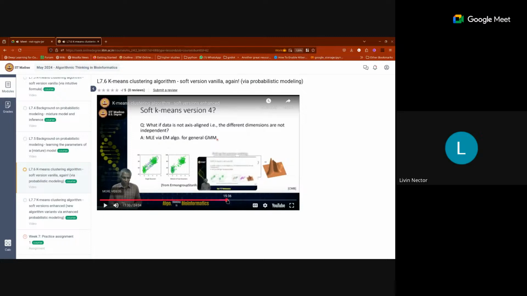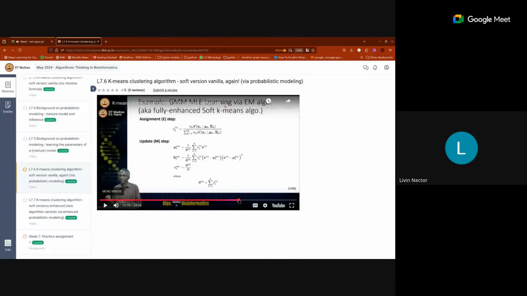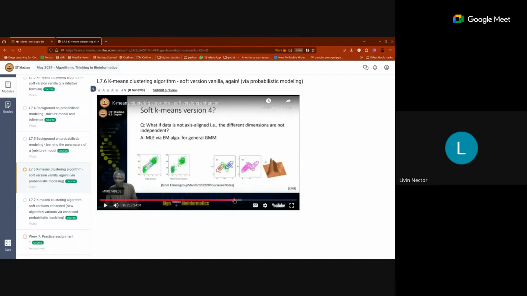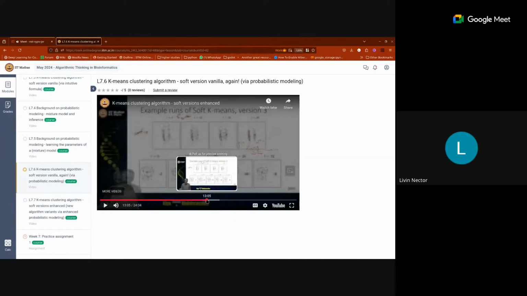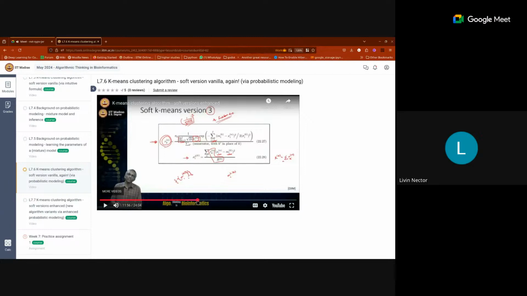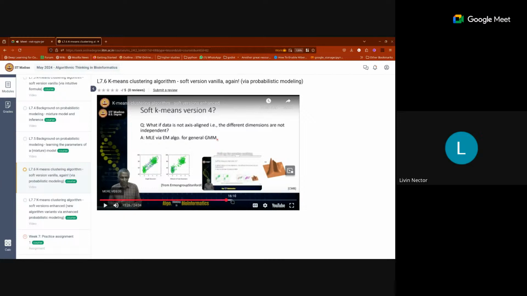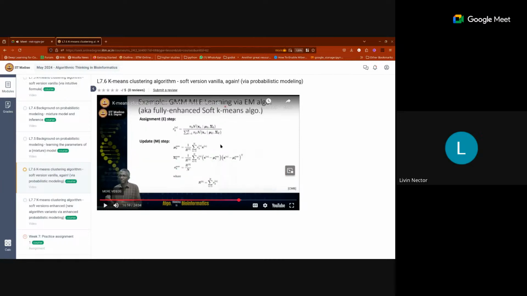So this is a generic algorithm. For general GMM, we can do this. In this case we are only updating the standard deviation. But in the generic case, we can also apply any models like this, different variations. So this is the normal thing. We come up with the responsibility. This is the E step. For the M step, we have to find the